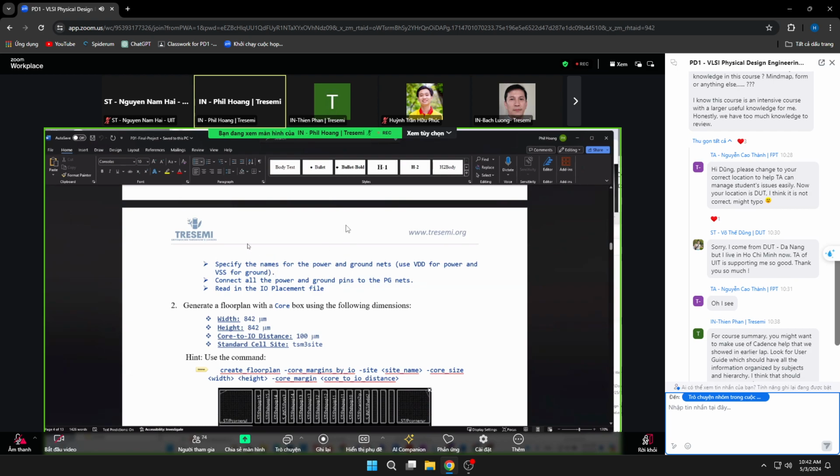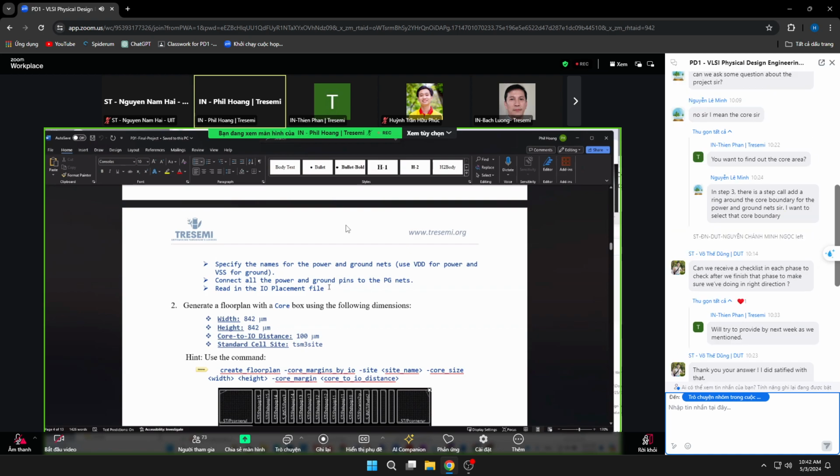The standard cells have power and ground pins, and you use a command to connect those pins to the net names VDD and VSS. You say what the net names are, and then you run the command to connect all those power and ground pins to the nets. And then you read in the IO placement cell